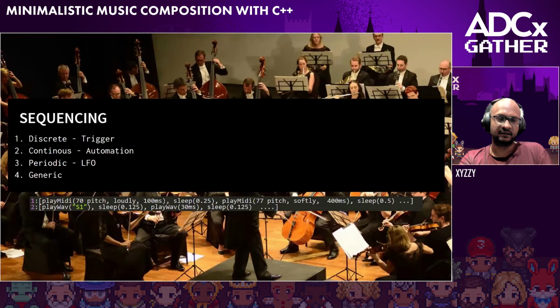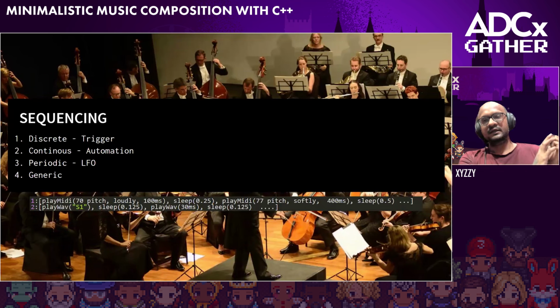So coming to sequencing, if you think of an orchestra, the conductor is effectively like a sequencer. He's triggering each musician, saying, okay, start your section, start the flute, start the violin. And what the conductor is effectively doing is keeping the time. He is also telling each section to either intensify their instrument, play it more slowly, or gently fade out. So in many ways, this is what I mean by sequencing.